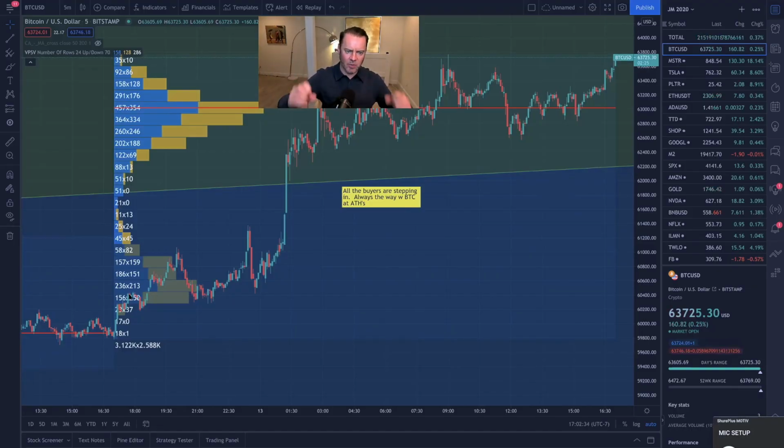They got to jump in and grab it before it goes parabolic. And that's why you see this gap up here. And that's why it happens so fast. The buyers couldn't react quick enough. There were people selling